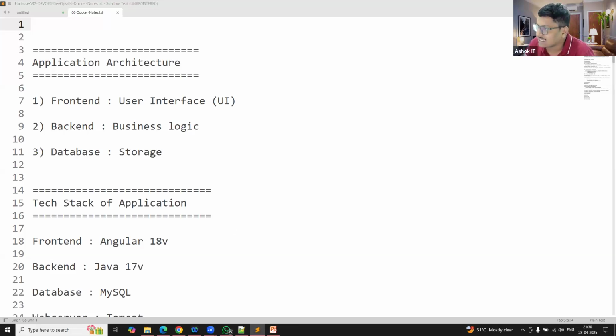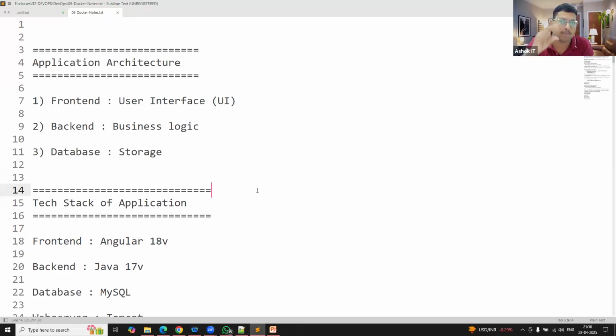Some people are asking, sir, Ansible is already available for software installation, then why should we go for Docker? Docker is not only for software installation. Docker is used for containerization. It will execute your project as a box. That box you can keep in any system, and that box you can run in any system. Docker will take care of your code plus software together, and it will run your application in any machine.